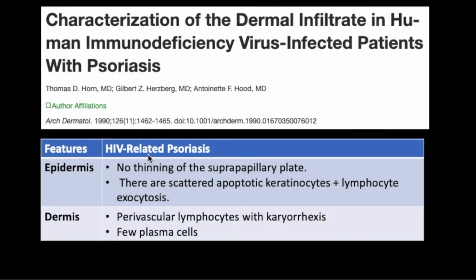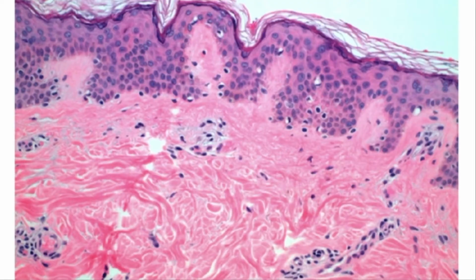When they studied HIV related psoriasis further, they found that this condition differs from the regular psoriasis. In the epidermis, we don't see the suprapapillary plate thinned or appearing abnormal as in the regular psoriasis. And also apoptosis appears to be a main feature in HIV related psoriasis, where we see apoptotic keratinocytes and also apoptotic lymphocytes with a few plasma cells. Another condition